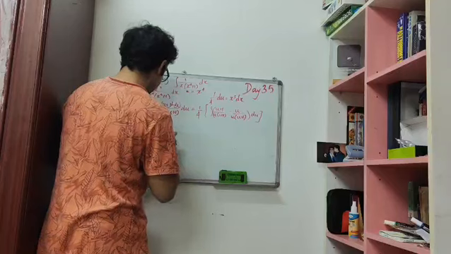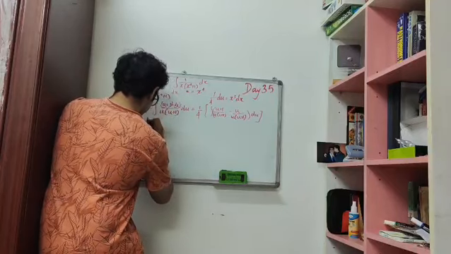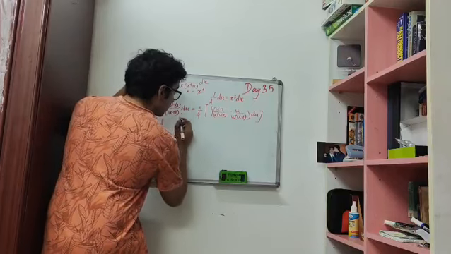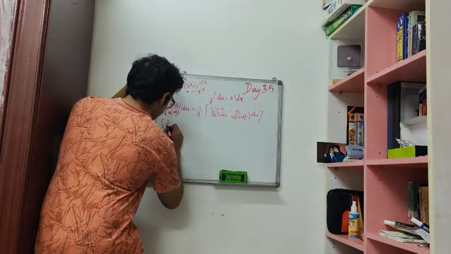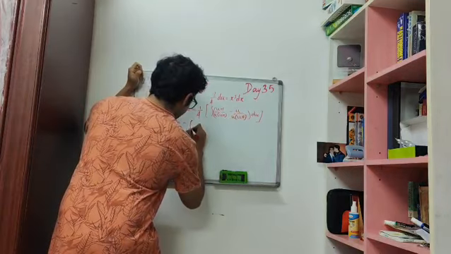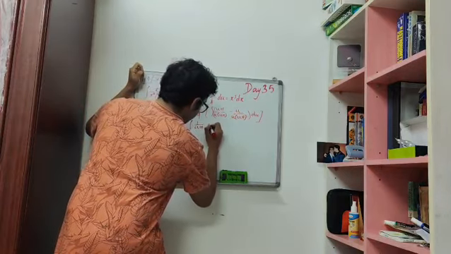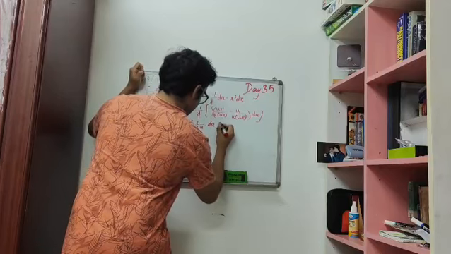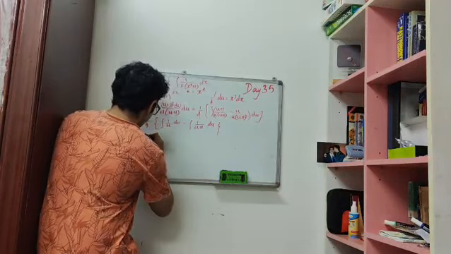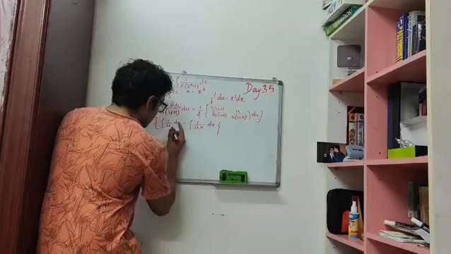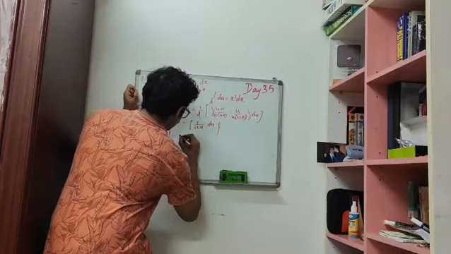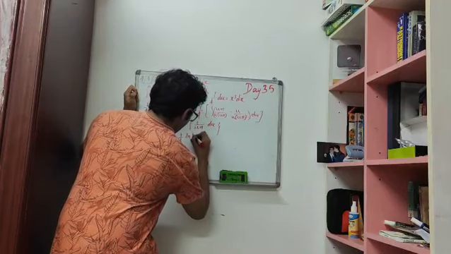So we get 1 by 4 times the integral of this cancels out with that, so we have 1 by u du minus this cancels out with that, so we have the integral of 1 by u plus 1 du. Close the bracket. So then these are some standard integrals which Anshul has taught you before. So we have 1 by 4 times natural log of the absolute value of u minus 1 by 4 times the natural log of the absolute value of